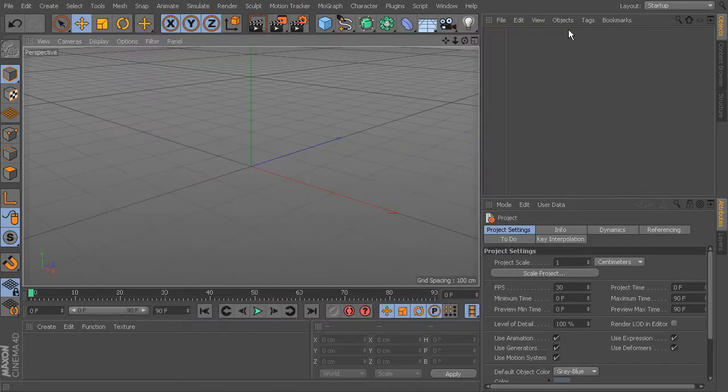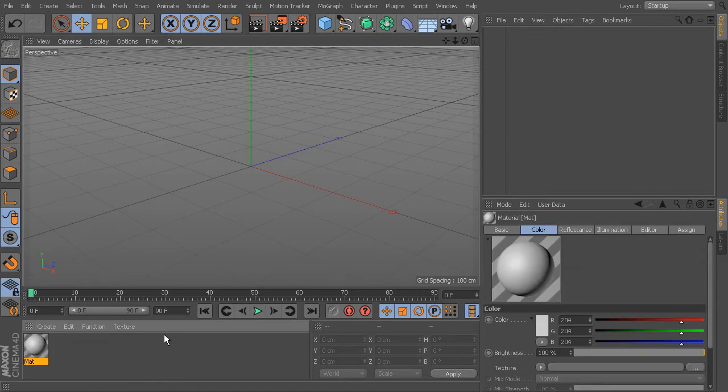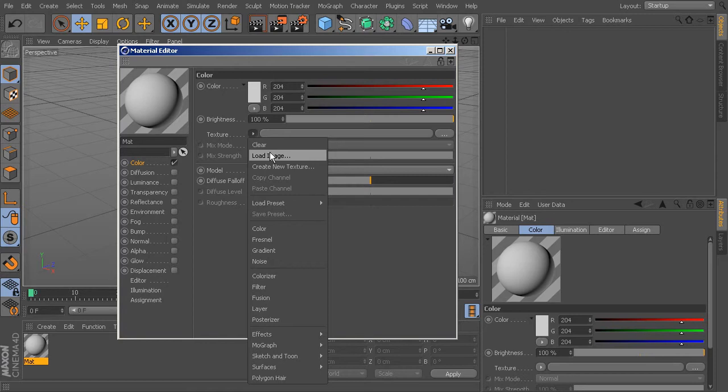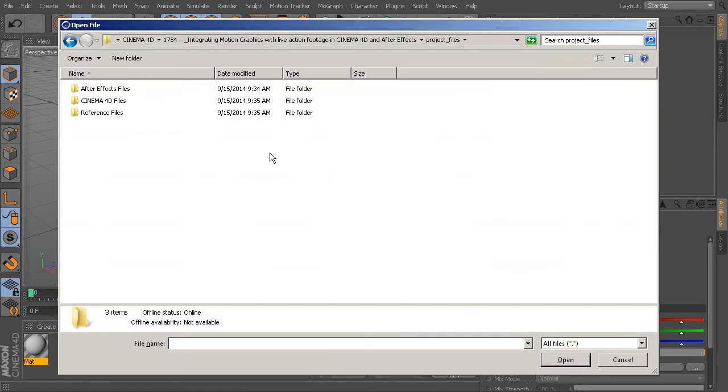And the next thing we want to do is bring in the footage that we will be working with in our project. So I'm going to create a new material and double click that material. And we're going to be putting our video that we're going to be animating on top of into our color channel. So I'll go ahead and uncheck the reflectance and we'll go to texture and choose load image. Okay, so we've gone ahead and